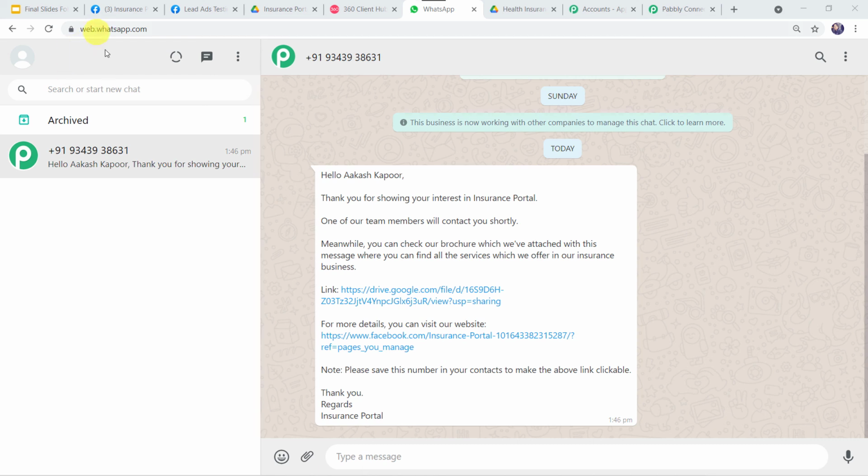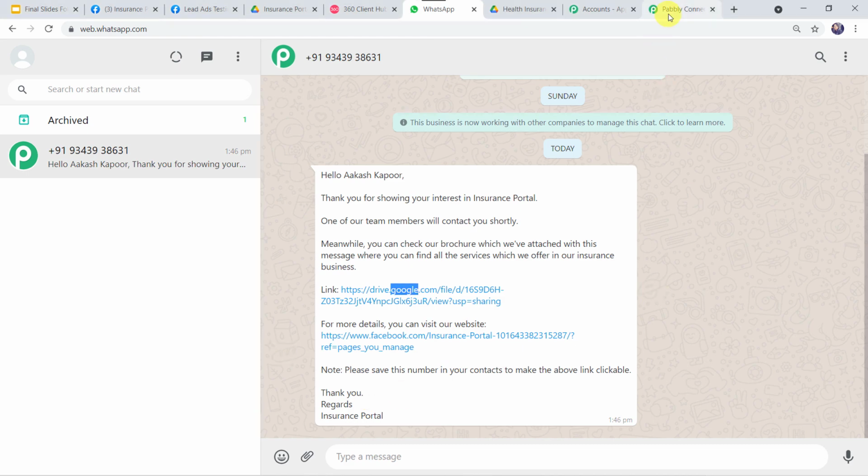Now here you can see that the data has been captured immediately, but sometimes this may take time in fetching the data, as the trigger here, that is Facebook lead ads, is polling based. So if your data doesn't get captured immediately, don't worry about that and please wait for 15-20 minutes patiently. The data will surely arrive.